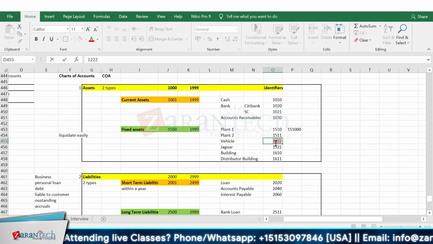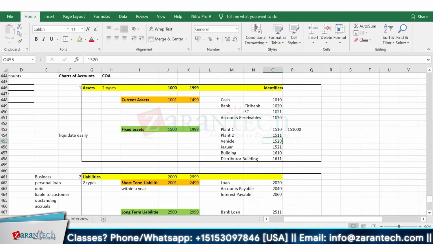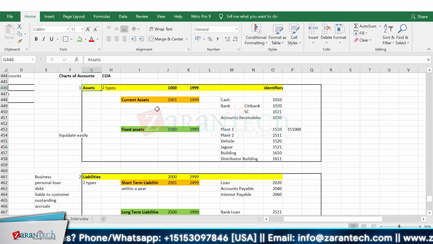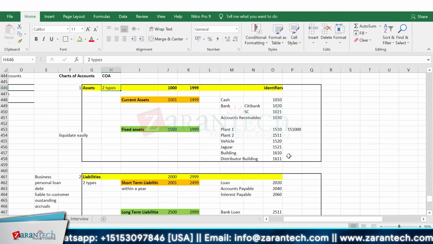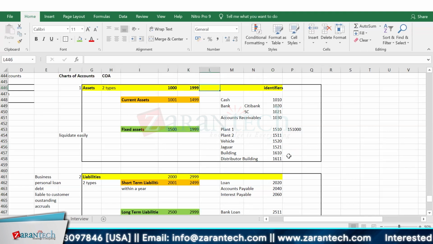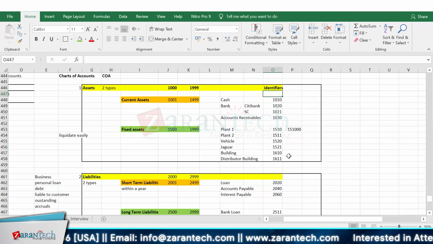This one, 1,520, that should be. So if it has been designed in a proper shape, then you don't need to design it and you don't need to reinvent it. It's already been there. But for example, this has been identified by your client or within your